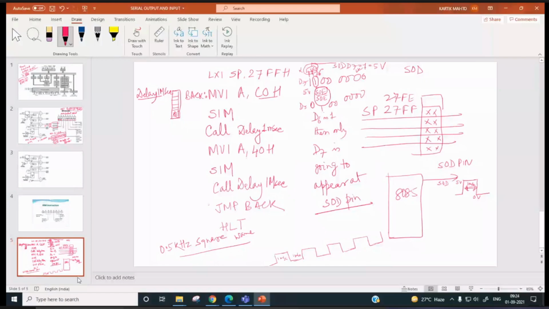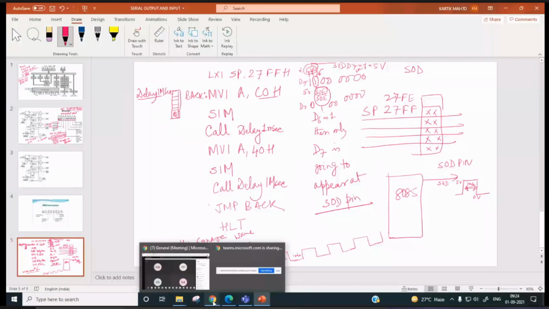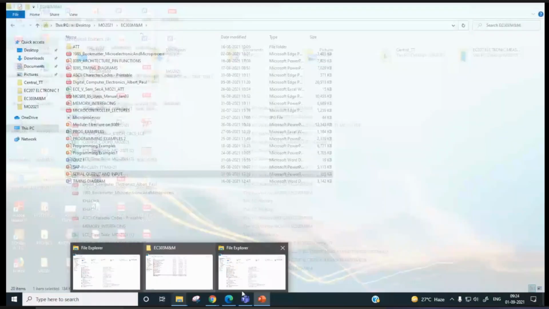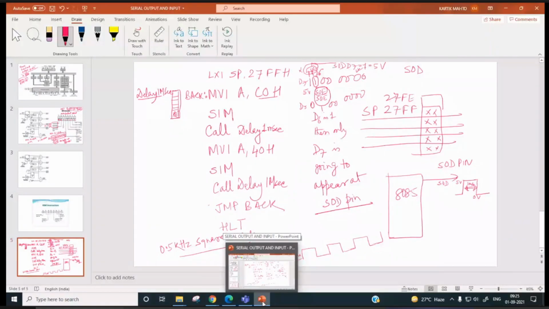No, sir, I understood that point. But if the enable is off, then do we get a 0 or a high Z state? That time it will be tri-stated. Nothing will be output. High impedance state, yes. That time it will be disconnected from the SOD pin. And why it is there, that will also be a very good question: why do we have serial output enable?